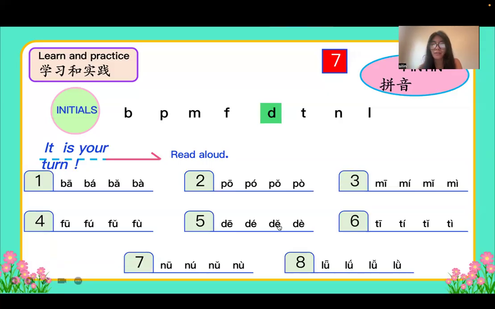and the third one, and how about the last one? The last tone, that will be the. So the, the. Next one,